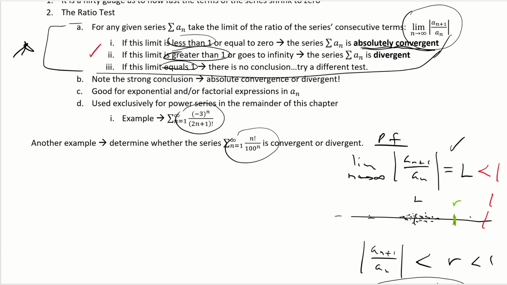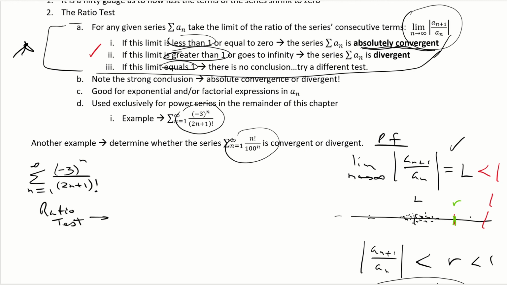So let's do one. I'm looking at the series n is 1 to infinity of minus 3 to the n all over (2n plus 1) factorial. I've got to tell you, factorials start playing a big role in our homework, so watch out. If we run the ratio test,